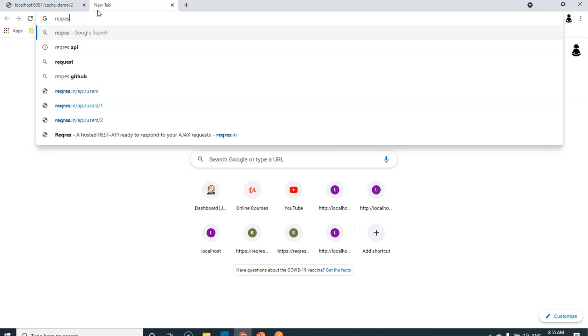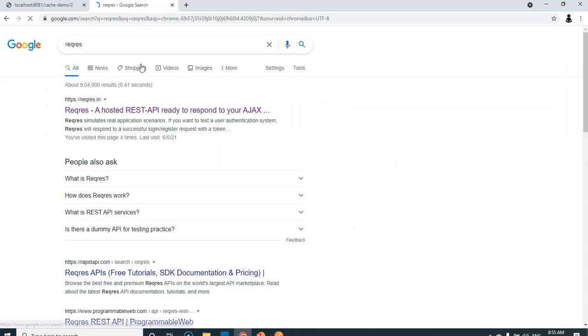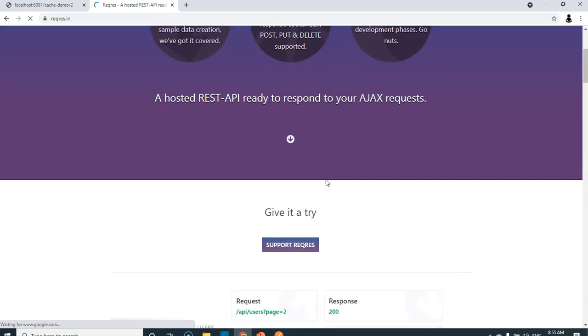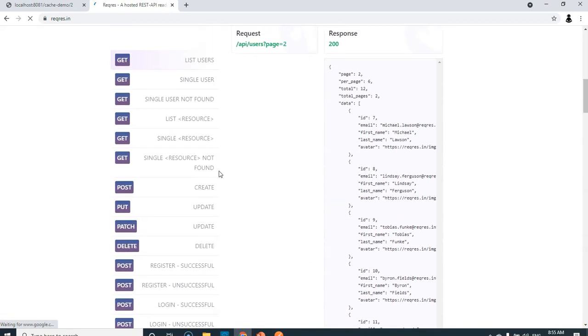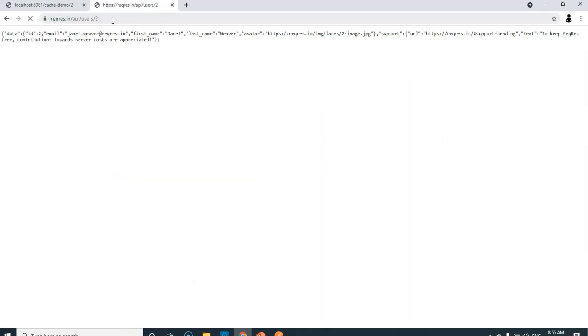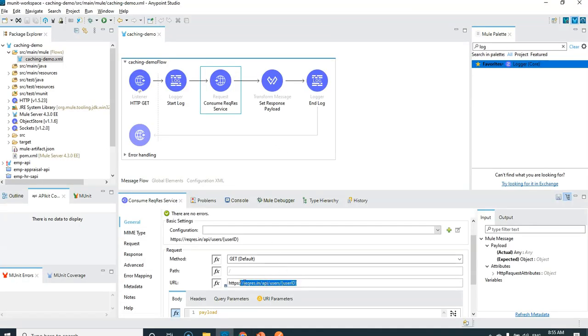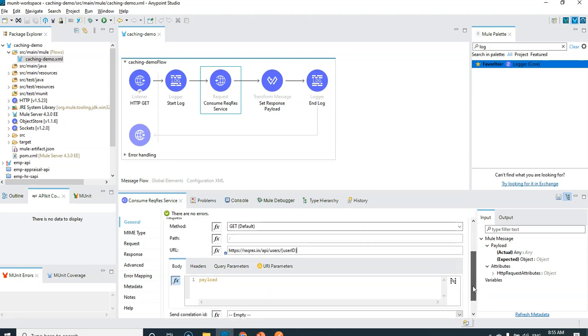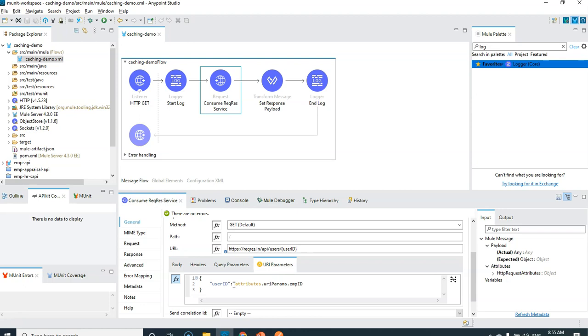It is called the ReqRes API, REQRES. If I click on this, we have these many REST services available. I am going to consume the single user service. If I click on this, this is the URL, containing host, sub URI and URI parameter, and these kinds of responses we are going to get. I am consuming this service by passing the URI parameter, and I have taken a placeholder as user ID here, and the URI parameter is mapped with the EMP ID, which is the URI parameter I am getting over my service.